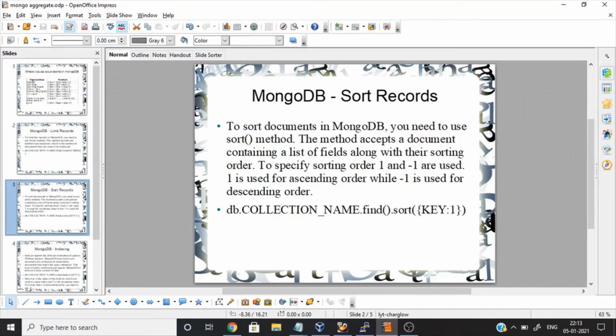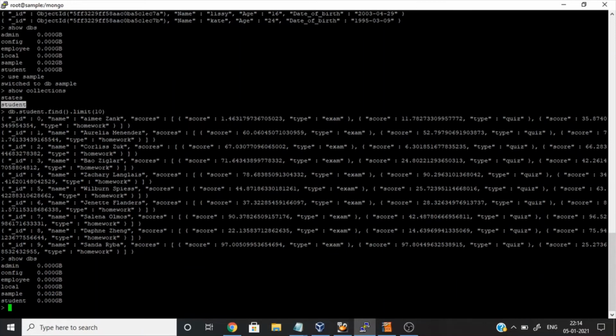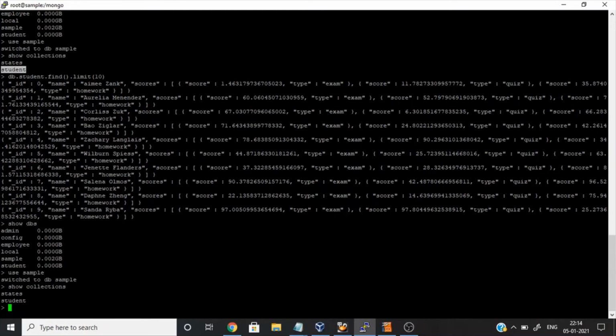Next we can see how to sort records in MongoDB. For sorting I'm going to use a different database, the student database.